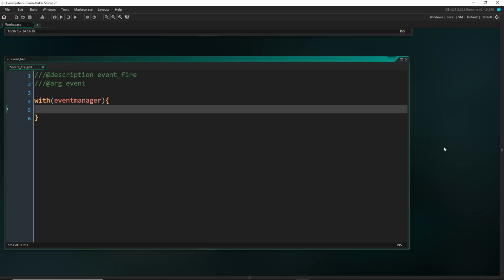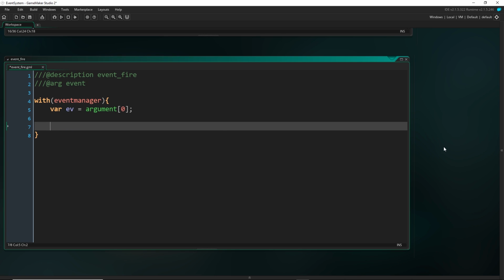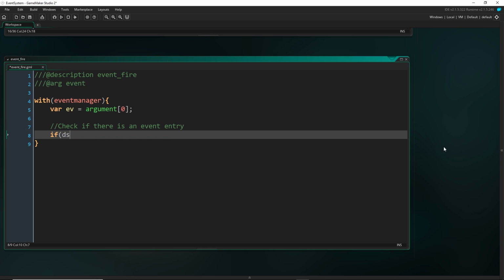So again, I'm going to use a temporary variable to refer to the event. So var ev equals argument 0. And now what we have to do is check if there is an event entry. So let's check the DS map. So if DS map exists in the event map with the key ev,